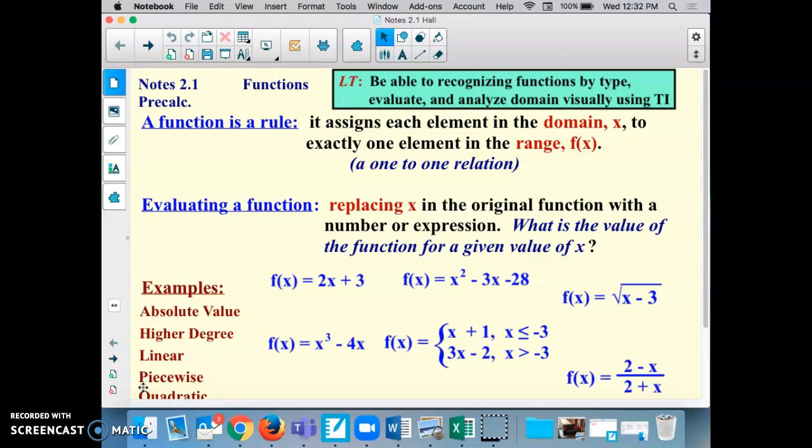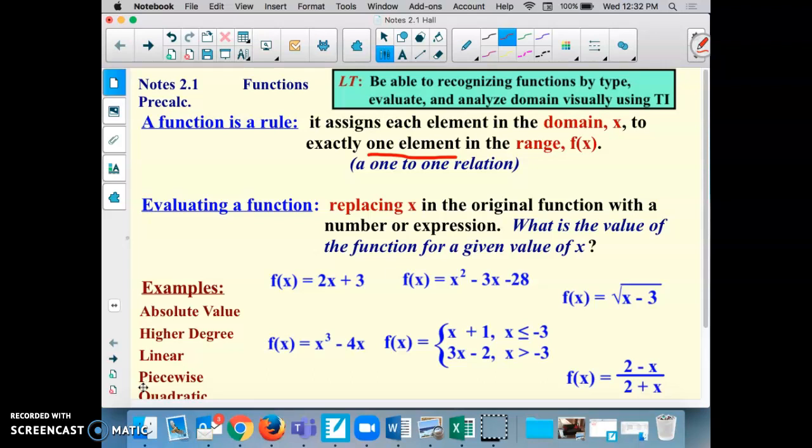What is a function? Let's talk about that first. What is a function as a rule? It assigns each element in the domain X to exactly one element in the range f of X, a one-to-one relation. Some of you may remember a function as passing the vertical line test,